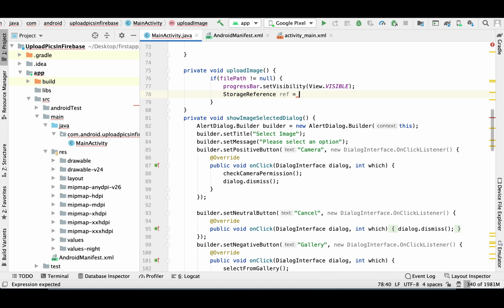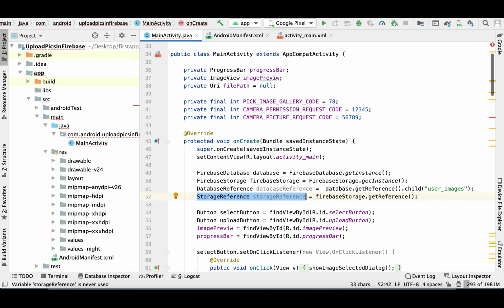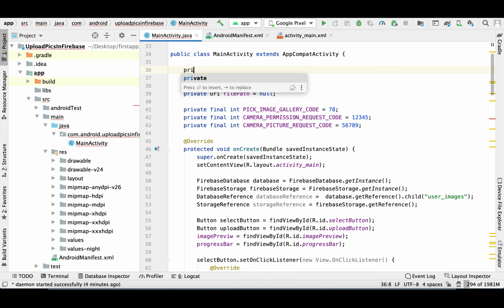Here we need to get the reference of our storage. So we can make it global, as we need to access it from the out of scope of the onCreate.